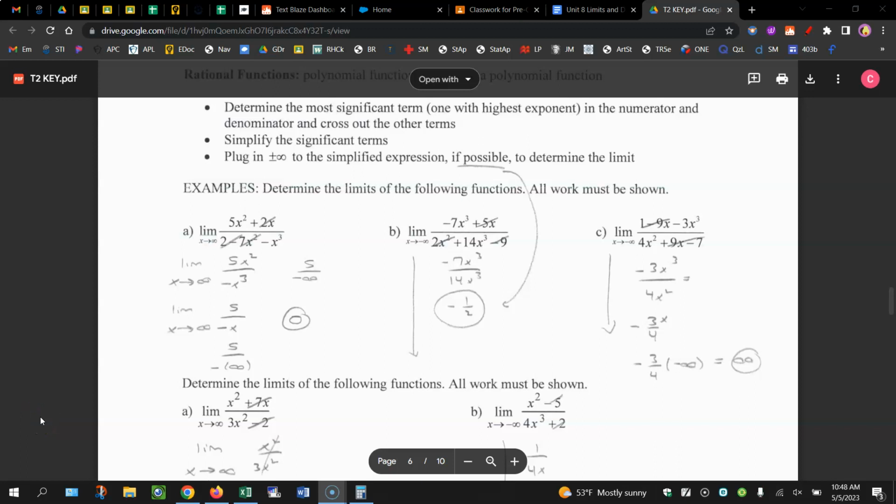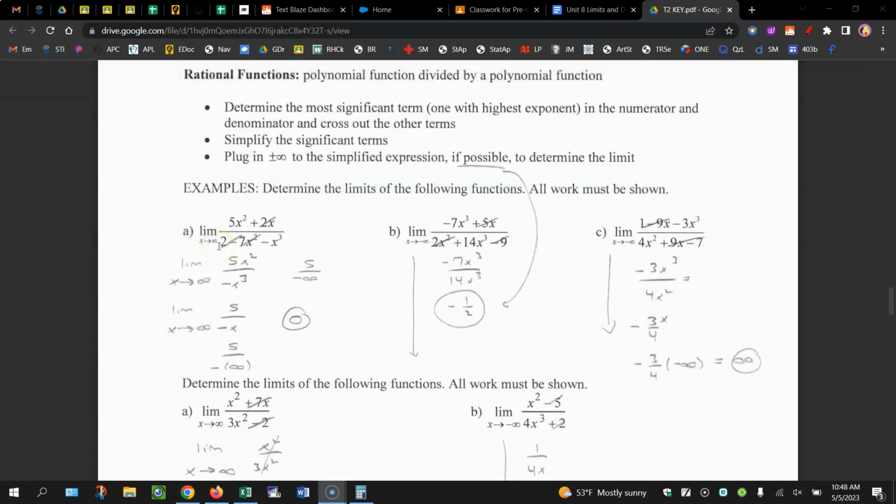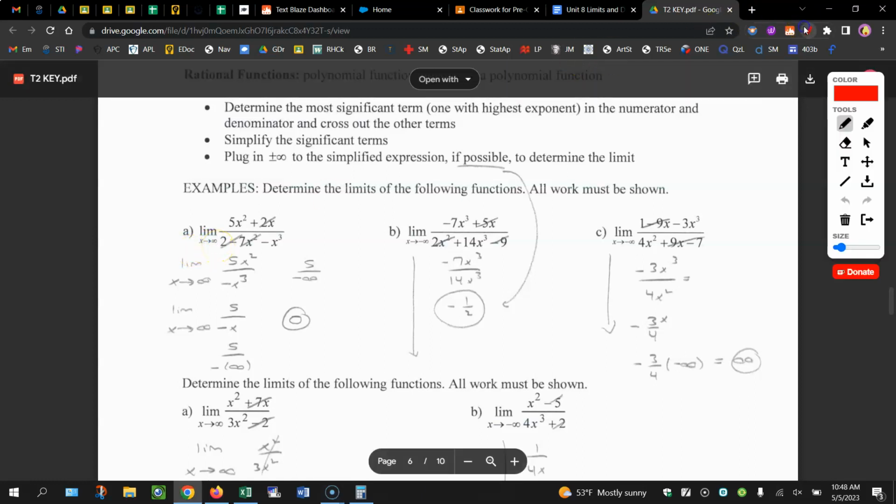This video is going to cover Unit 8, Topic 1, which we just did, so this should be pretty fresh in your mind. Taking the limit of a function as x approaches either positive or negative infinity. So I'm going to go through the three cases that exist here. What you're going to do in all of these cases is figure out the most